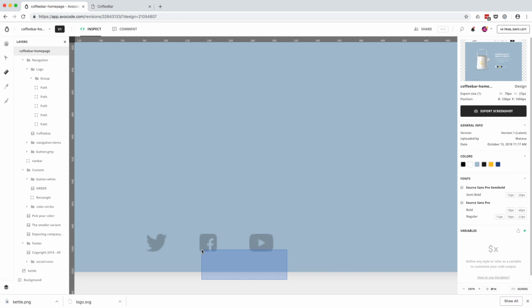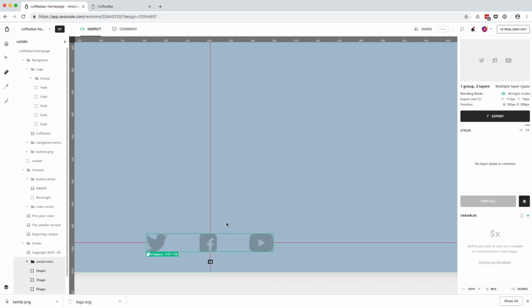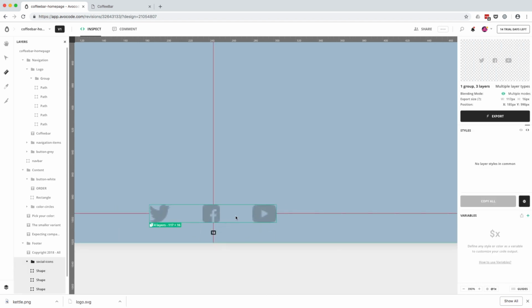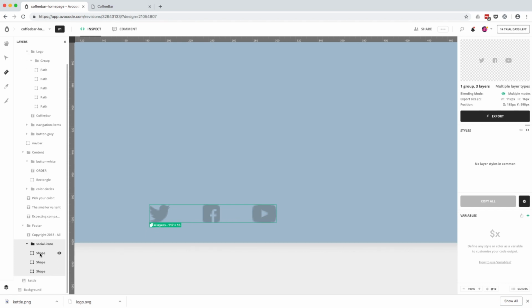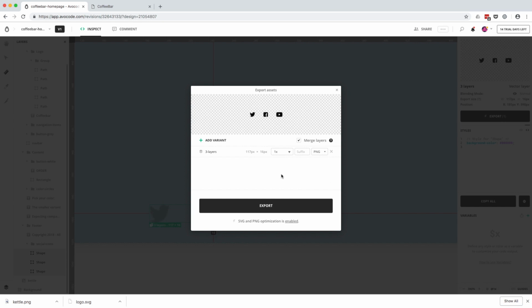So let's see what happens when we multi-select all these layers at once. You can see that it has selected 4 layers, which is counting also the layer group. So let's just select these 3. Now hit export. But we obviously don't want all these icons together, so you can uncheck merge layers, since each path is an individual layer. And when you click to rename these assets, the preview is going to show you